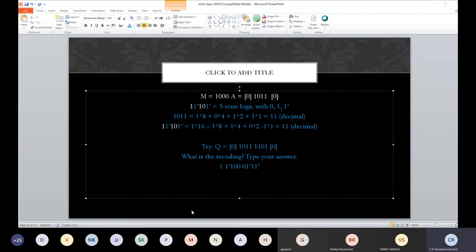Do you agree with my answer? I can't write a 1 bar easily, so that is causing a lot of headache. I wish I could write it on the board. This bar is causing a lot of headache.